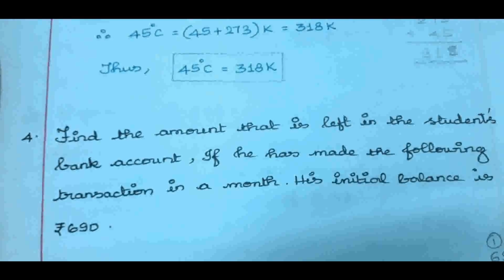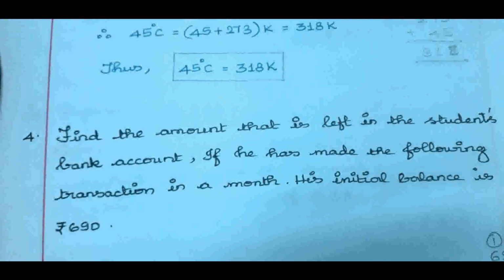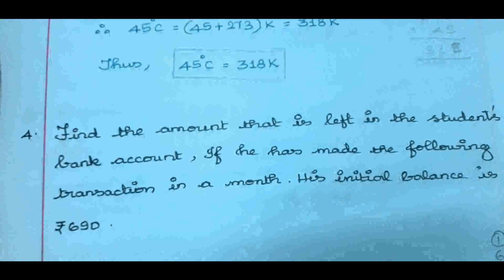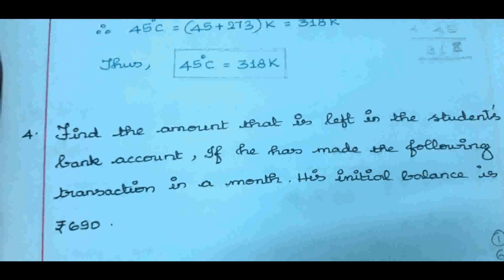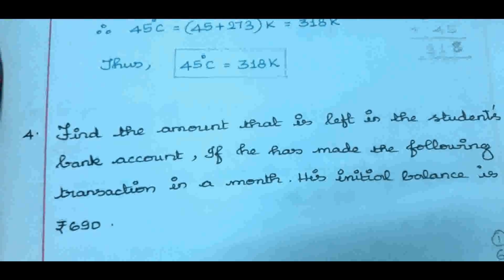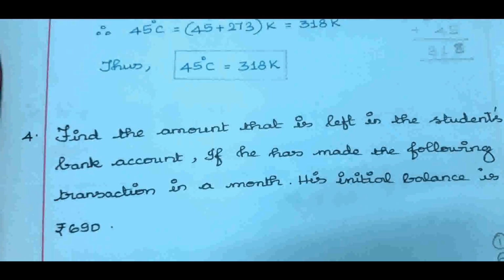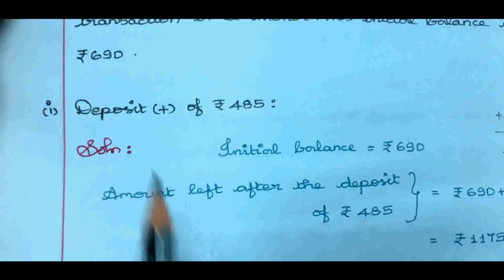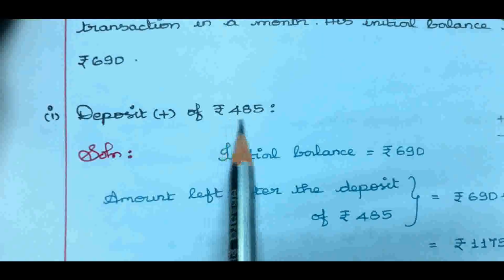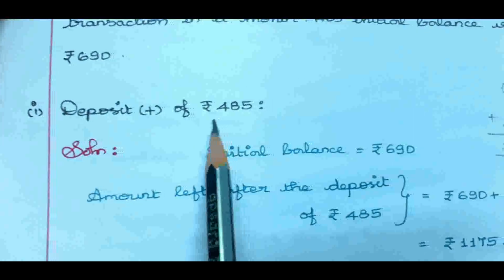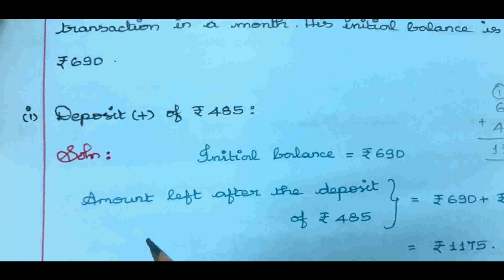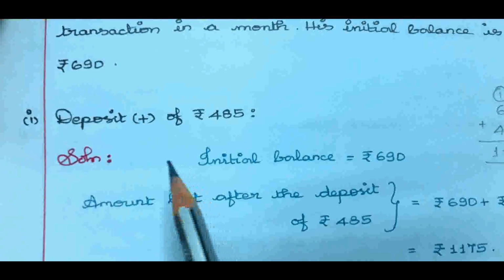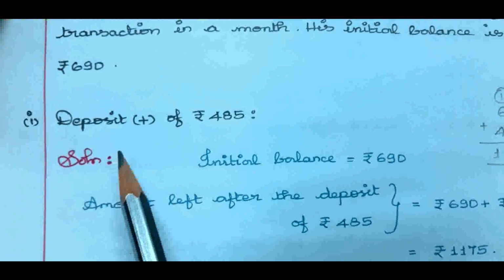So deposit is represented by plus. Whenever you deposit, you want to add the money. Whenever the withdrawal is done, you want to subtract the money from the amount. Now with the first part, they have given a deposit of rupees 485. So the student is starting his or her transaction here. What is the transaction? First he or she did